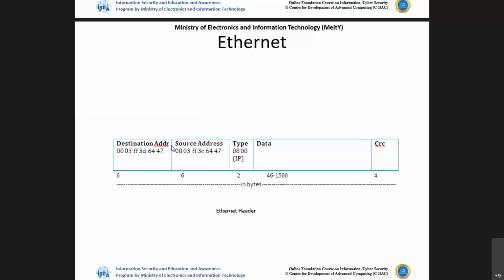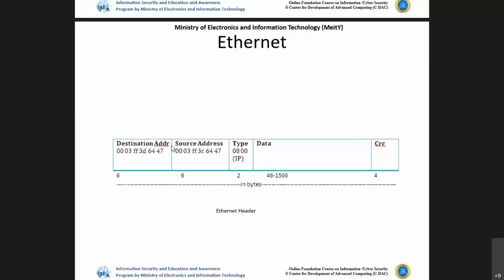And the next one will be the type, as we discussed. The type is nothing but the protocol type, or the connectivity to the above layer. The rest that follows is the data. Data may again contain header information or encapsulation with respect to other protocols also. Now let's say this particular header in this example is pointing to IP. So in the data, again, there may be some information with respect to the IP headers and its values,